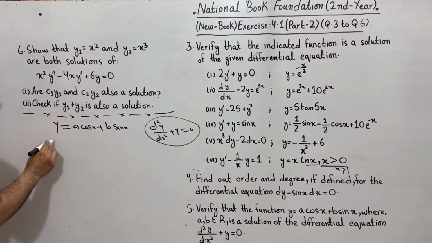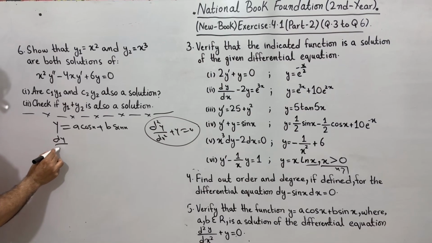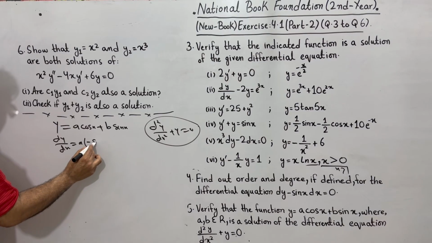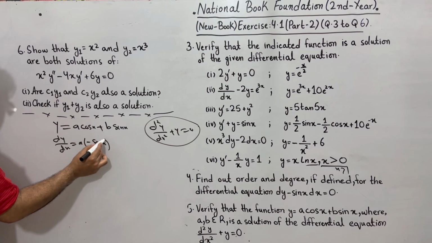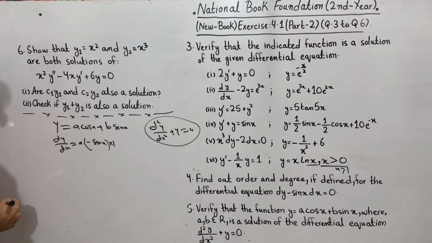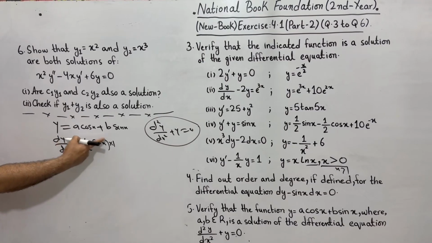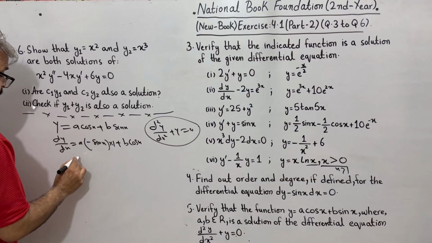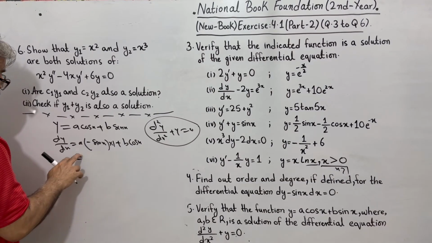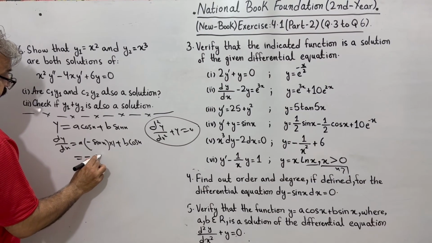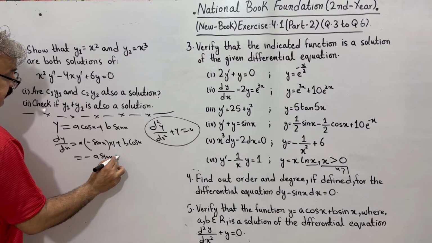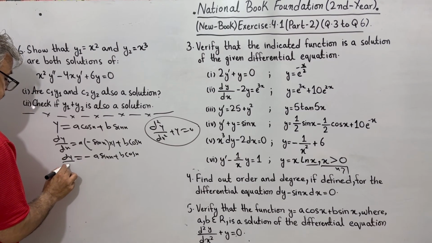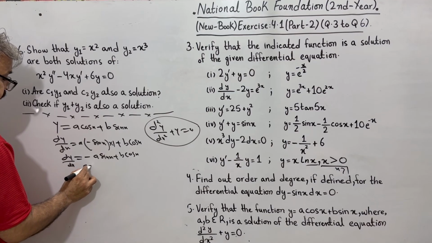Okay, cool. Differentiating one time, dy over dx. These are simple trigonometric functions. Differentiation of cos is negative sin x. Look at the angle. The angle is a simple one. Differentiation of x is 1. Plus b times differentiation of sin, which is only cos. Let us settle the dust. It can be written as negative a times sin x plus b times cos x. It's our first derivative. Again differentiating